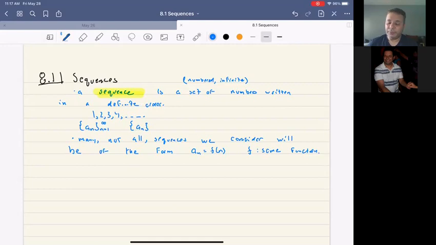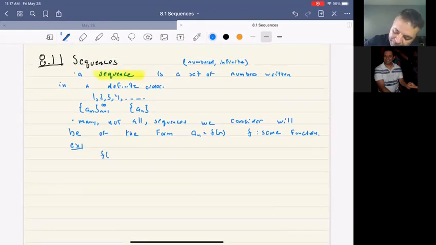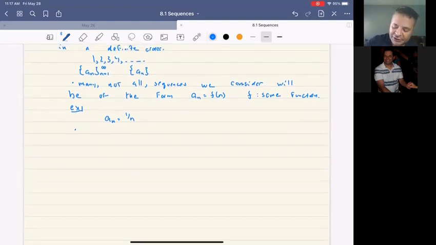Okay, so for example, one common sequence we'll use is a sub n equals 1 over n. That's a common sequence. Another way that we're going to use a lot, again, it's not the only way. Sequences can come in all shapes and sizes and definitions, but another common way to define a sequence